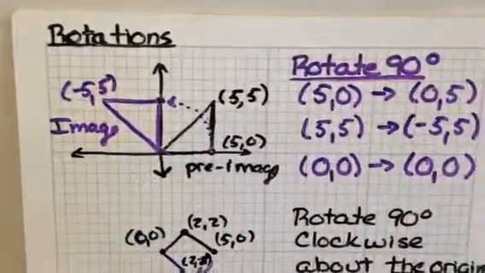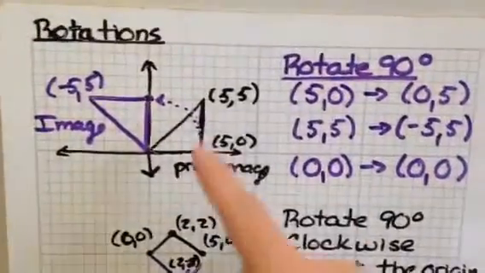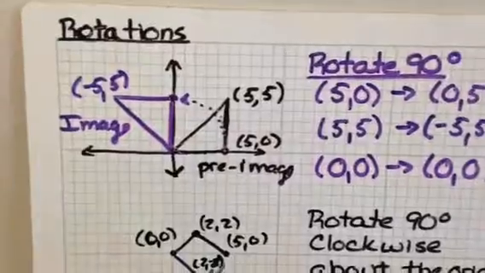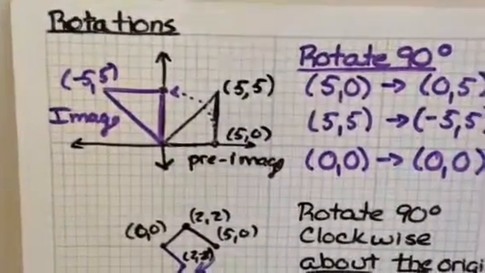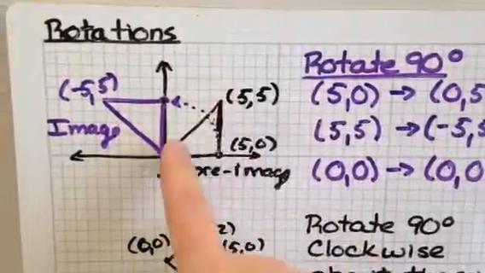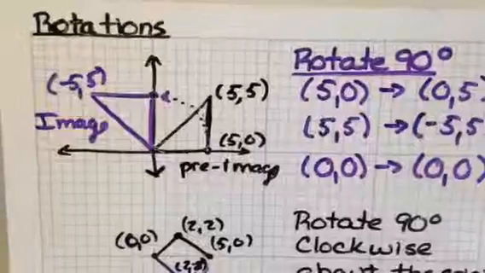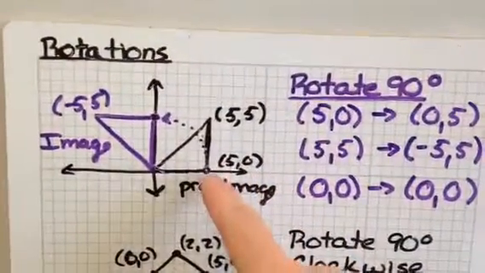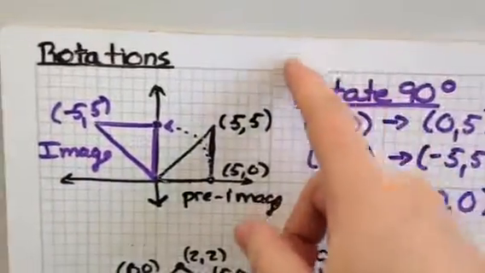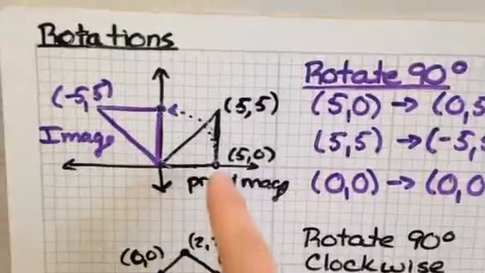So it's really helpful, and your book recommends that you do, and I do too, cut out a piece of paper the same size as your triangle or whatever image you're moving, so you can actually take it and move it around on the paper. If I have this black triangle as my pre-image, I have a point at 5, 0 down here, a point at 5, 5. Now if I want to rotate this counterclockwise by 90 degrees,